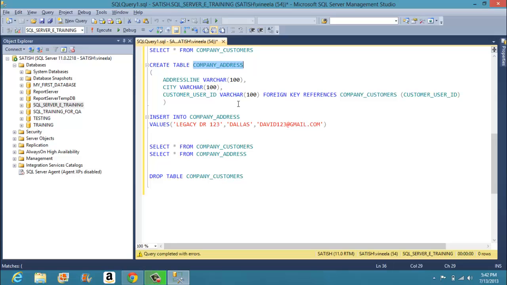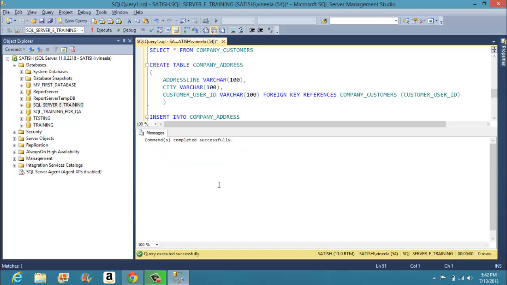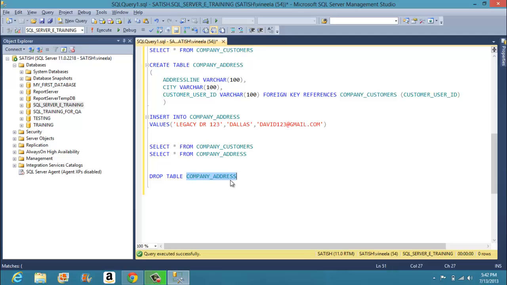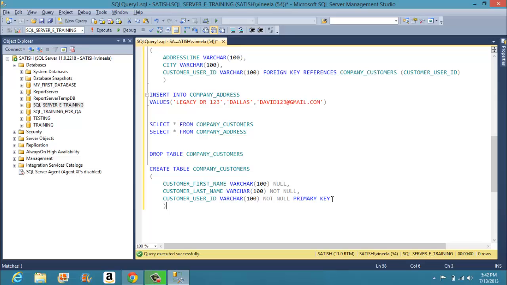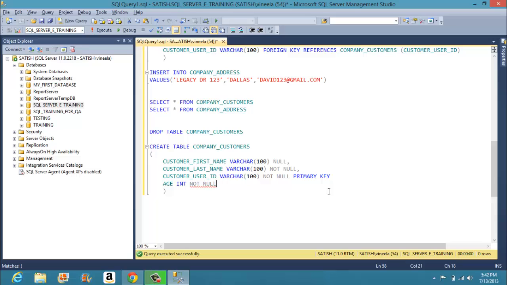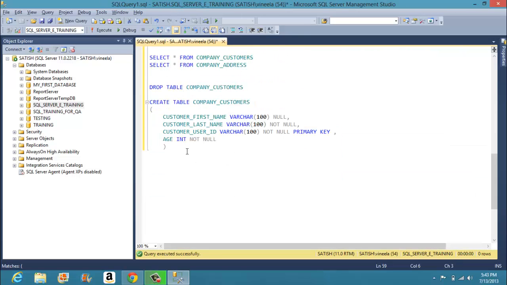Okay, so I have to drop the company address table first, and then I can drop the company customers table. Now I'll try to create the table again with an age column, integer and not null, because we have to store his age information. Now if I try to create that table and then insert data into that table,